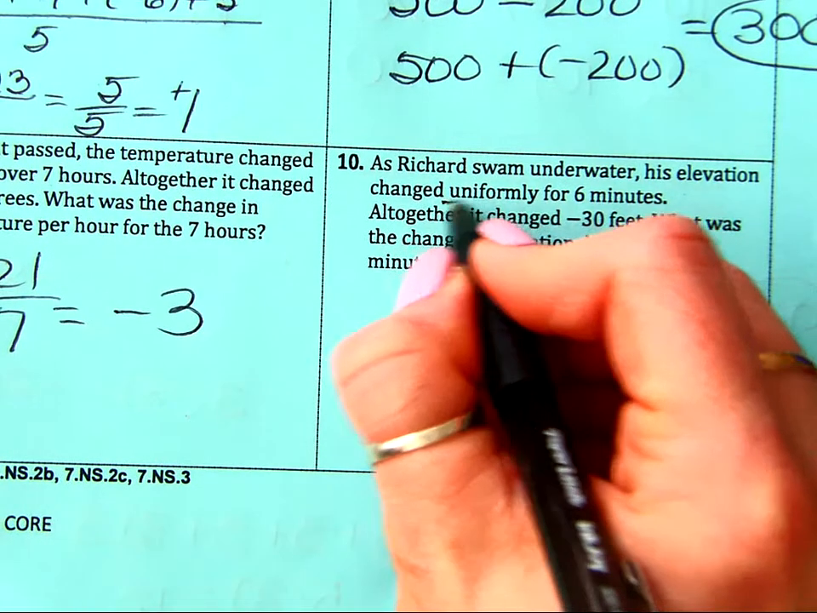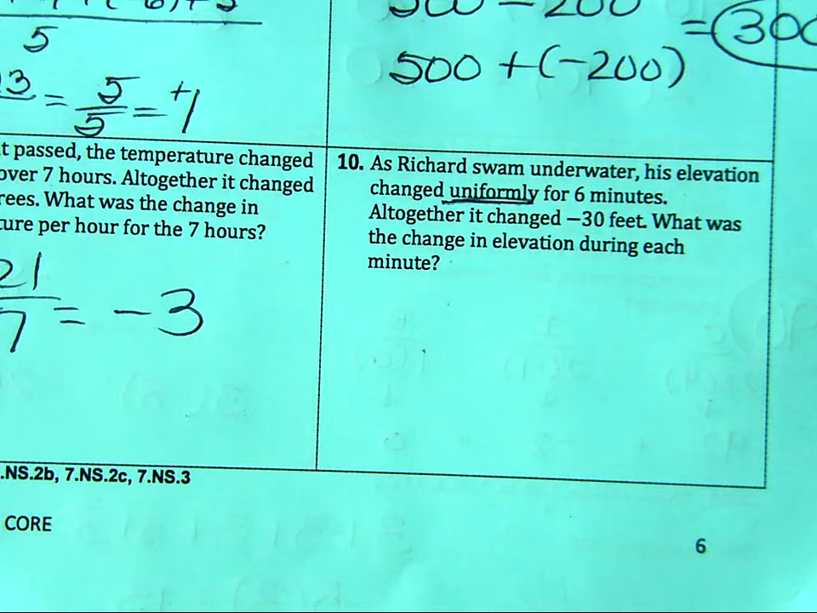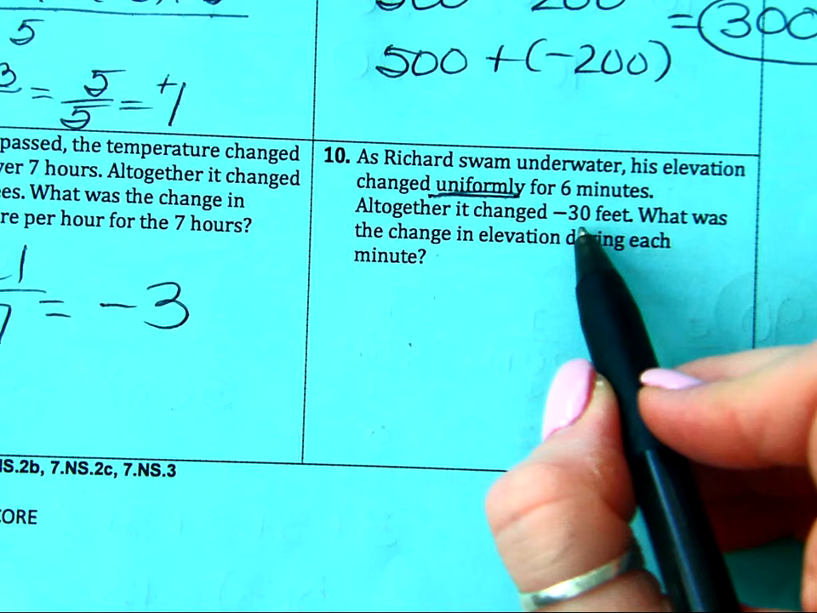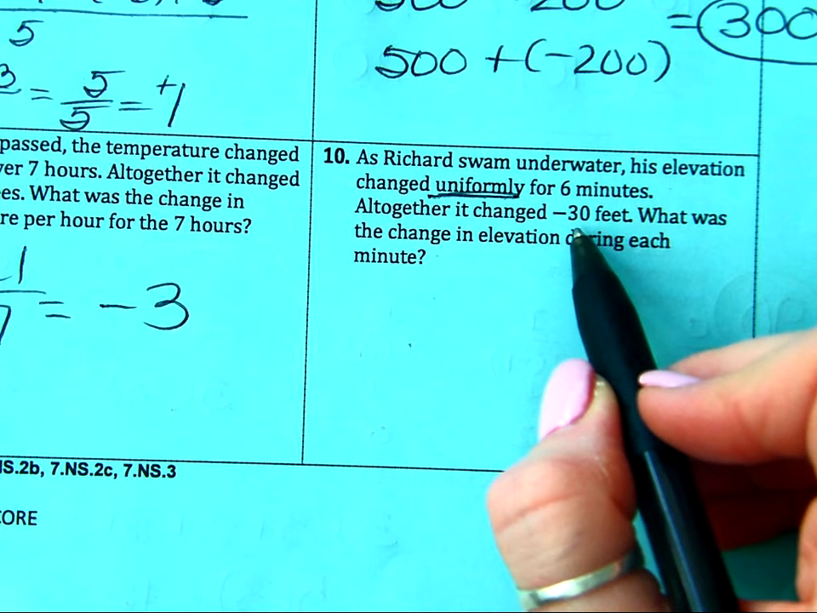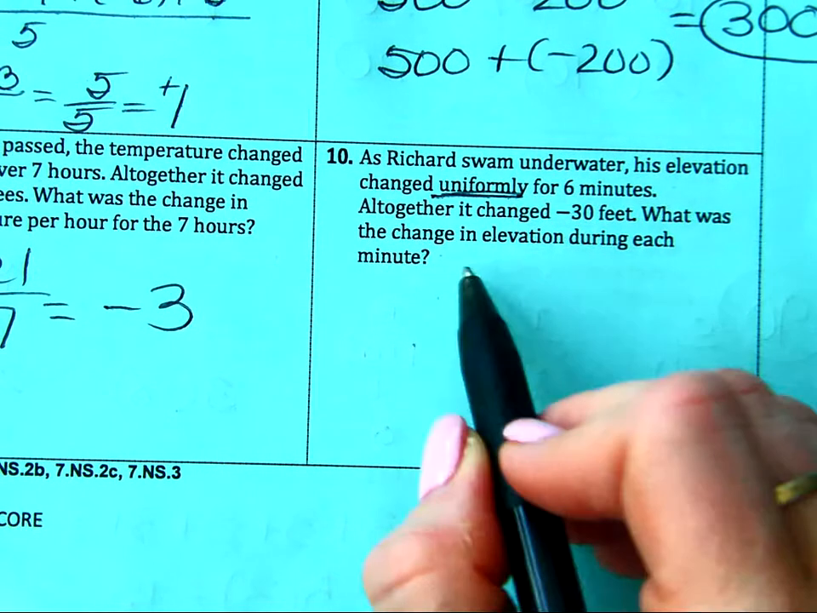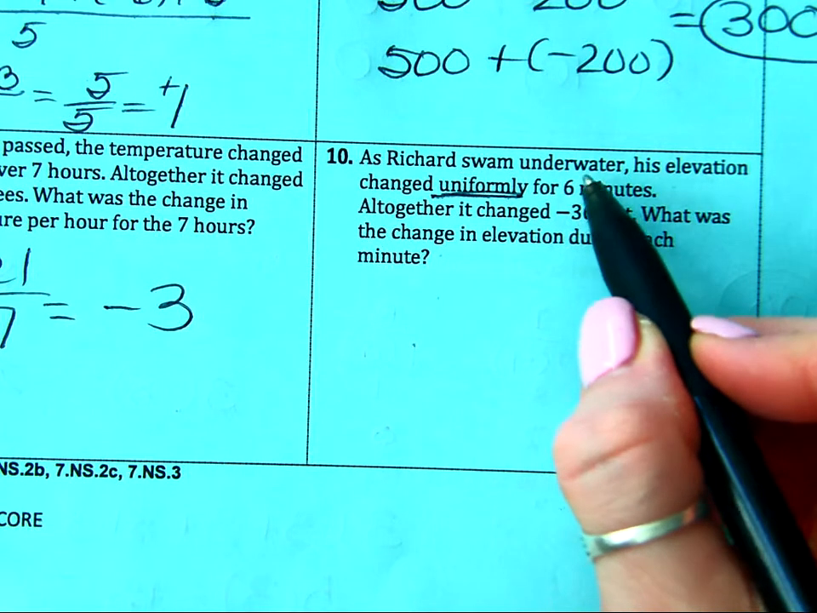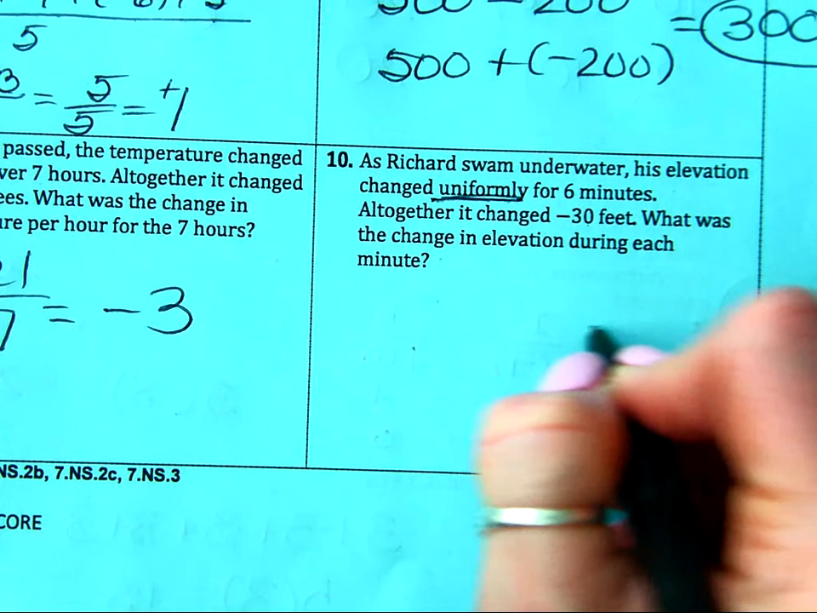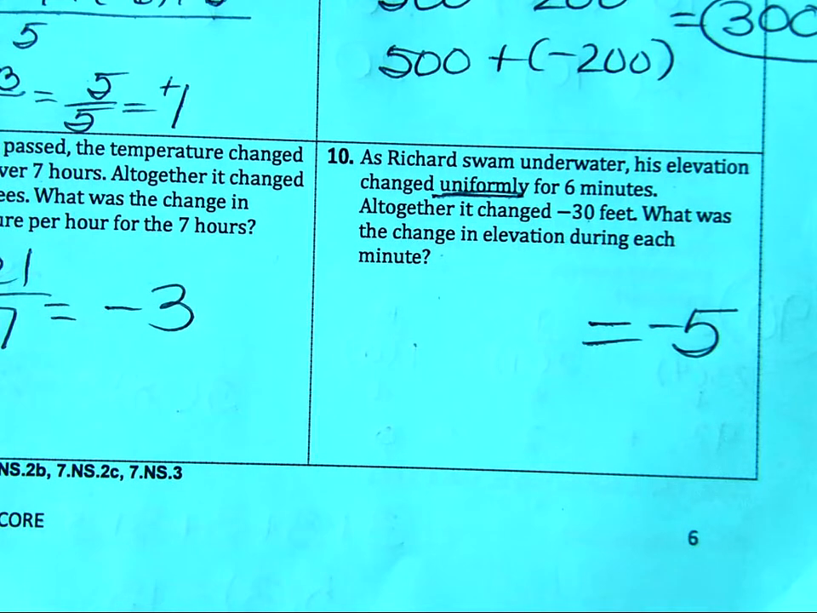Uniformly means the same amount. So he's going down, he's scuba diving, and he sets his timer for 6 minutes, and he just keeps going down, down, down, into the ocean. Okay? After 6 minutes, he realized that he changed 30 feet in elevation. He descended. So the question is, if he changed 30 feet down in 6 minutes, how many in 1 minute? Roger. Yes. So he changed and went down 5 feet every minute,